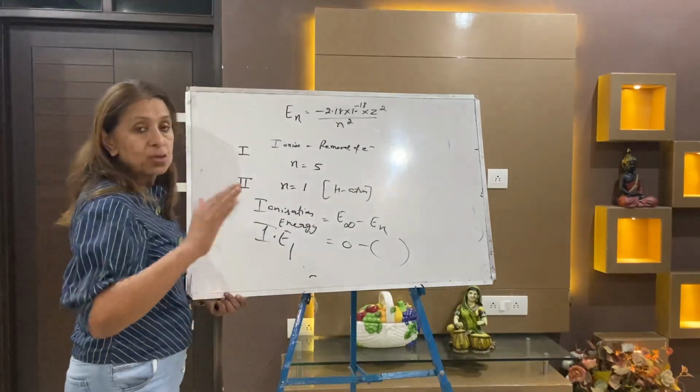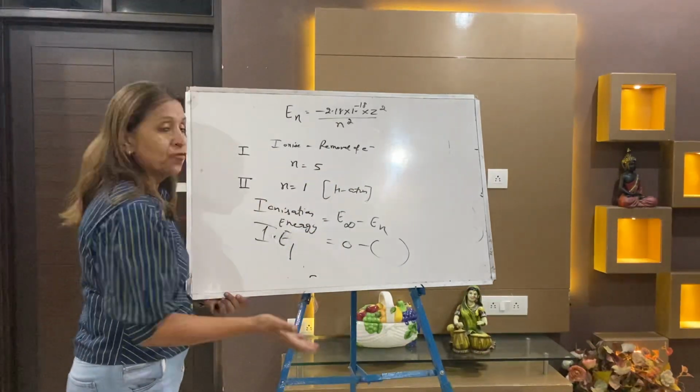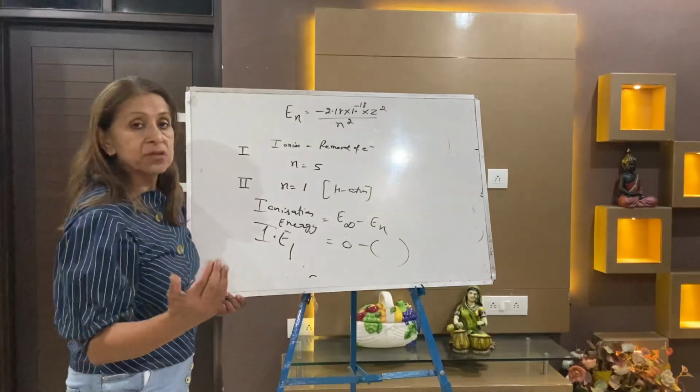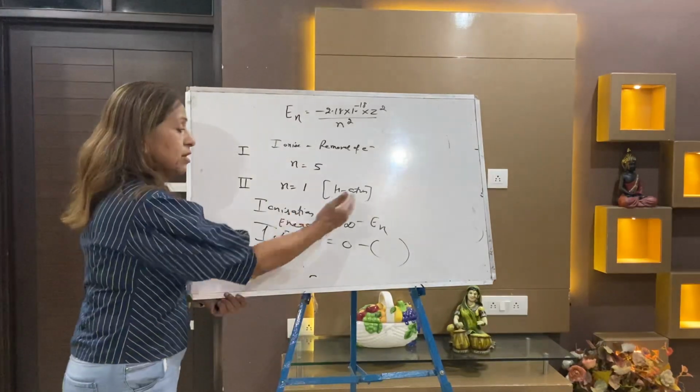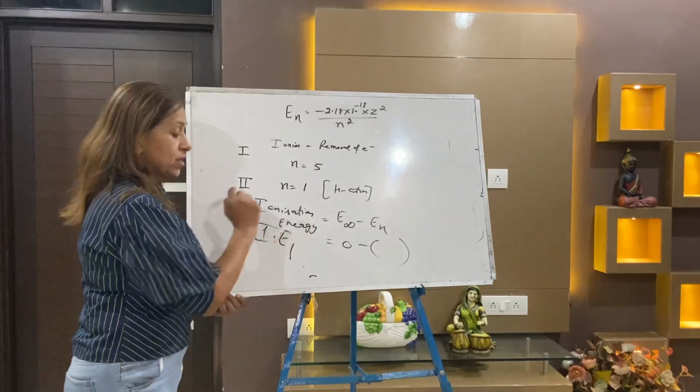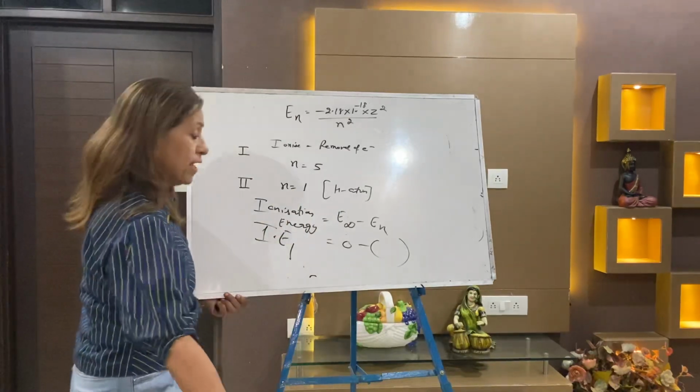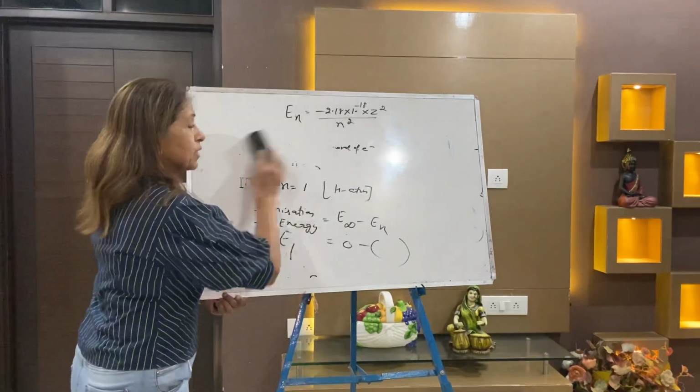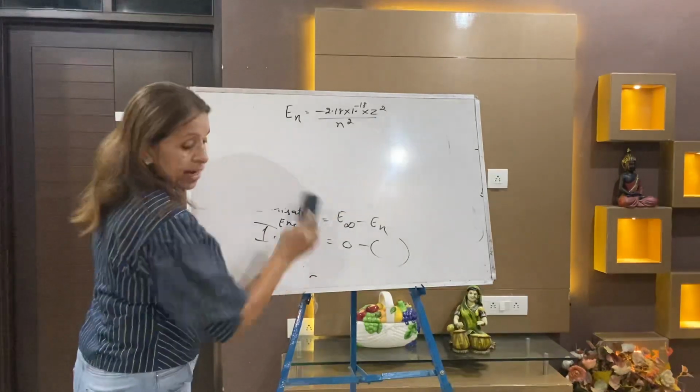First they are saying to remove the electron from n is equal to 5. Then they are saying compare this with the H atom. In H atom, electron is present in n is equal to 1. So this is your IE1. You put here En. But now calculate IE2.